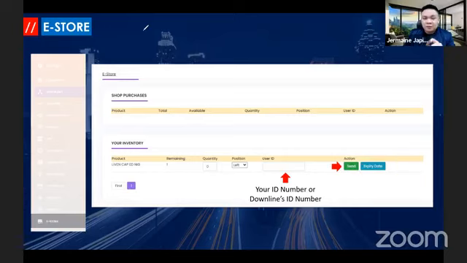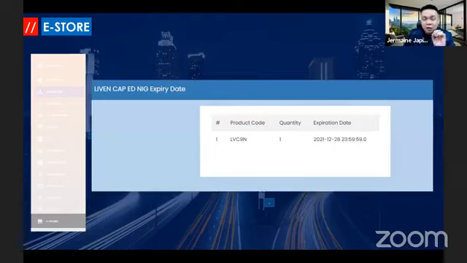Click that button, and you will see a message showing the product's expiry date. For example here, the Liven Cappuccino will expire on December 28, 2021 at